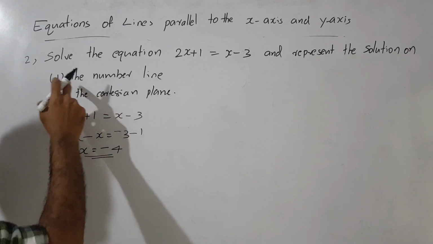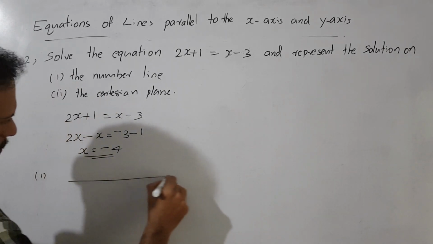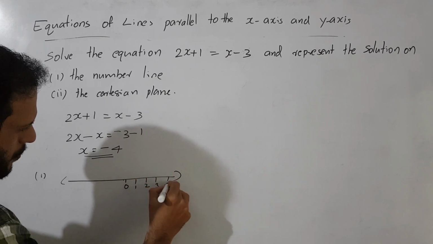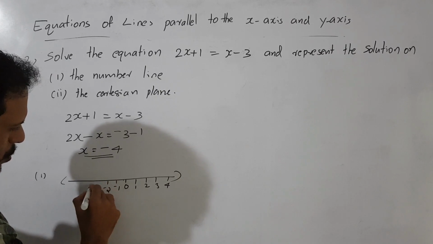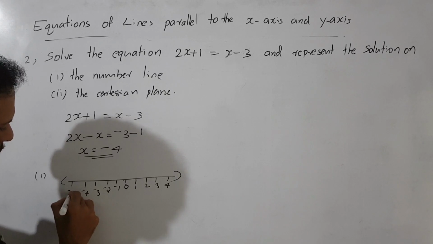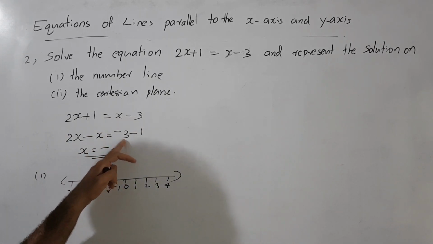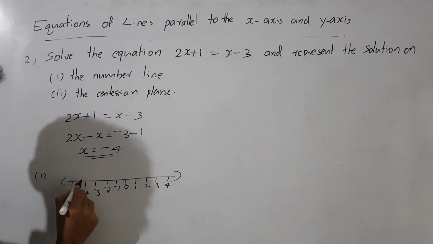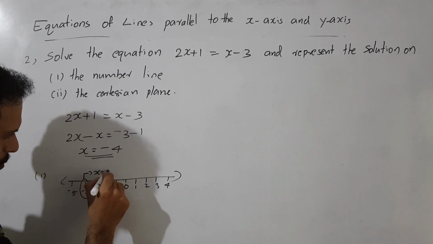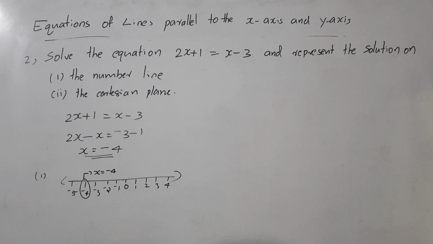Okay, then we are representing the first one. First one we know how to represent. Just draw the graph. 0, 1, 2, 3, 4, minus 1, minus 2, minus 3, minus 4 and minus 5. Then it's very clear what the number is. X is equal to minus 4. Then x is equal to minus 4 means this one, correct? We just write it as x is equal to minus 4. This one is representing x is equal to minus 4.